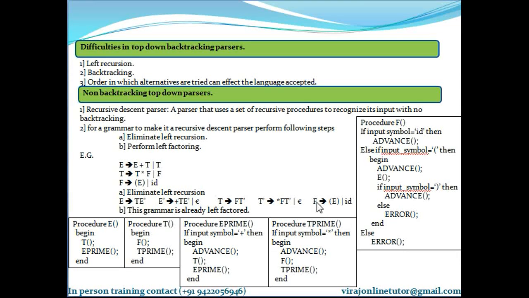I'll again explain the F part. I check for F, there are two different options, right? And I don't use backtracking here. So I check whether input symbol is ID. If input symbol is ID, you advance the input pointer. Else if, meaning I have to try with the second option. If input symbol is open bracket, then you advance the pointer, then you call the function for E and you check whether the input symbol is close bracket now. If yes, you advance and return back. If close bracket is not there, you report an error. If the open bracket is also not there, report an error because it is not matched with ID, it is not matched with open bracket. So there is no third option, so report error. So these are the different ways of implementing this particular procedure.